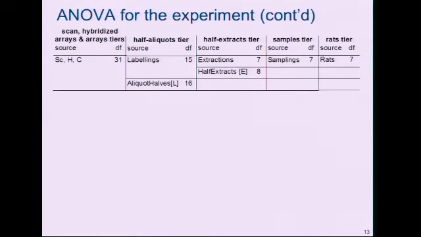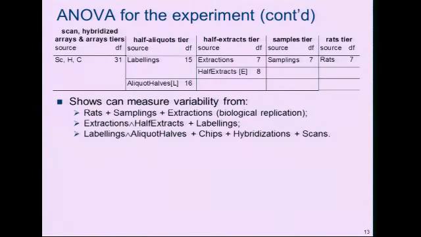So that's my analysis of variance table, and the thing about this is that you can show that what happens here is you've got rats and samplings and extractions that are not separable. So in fact you can only measure the sum of those, and they do represent the biological variation. And similarly you can't separate half extracts from the labellings, so you can only estimate the sum of those, and you can't separate the aliquot halves from the chips, hybridizations or scans, so you can only estimate the sum of those. So in fact there's really only 3 things you can estimate here, and to be able to get an analysis you need to select one from each of these groups to give you a model that will actually run